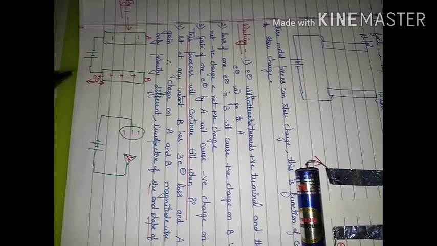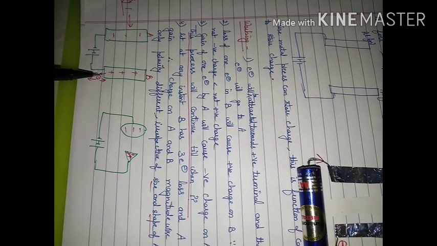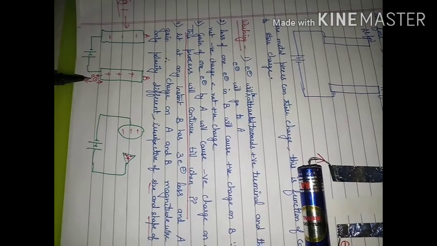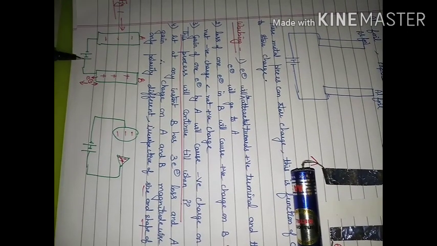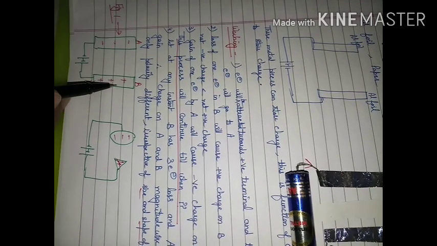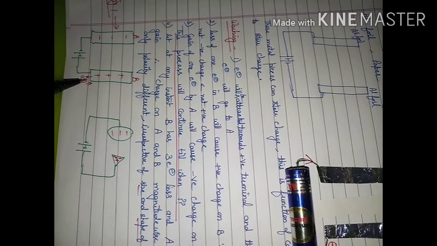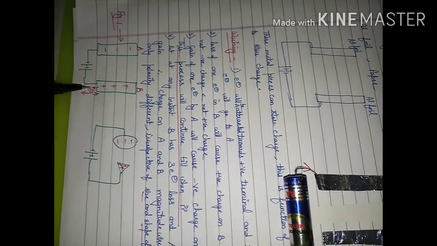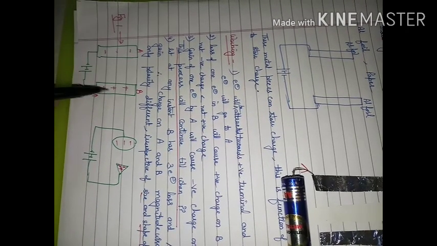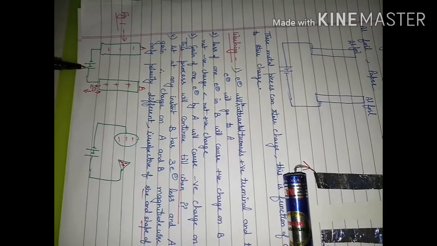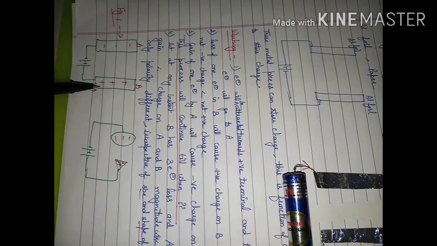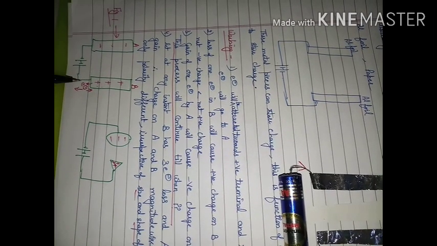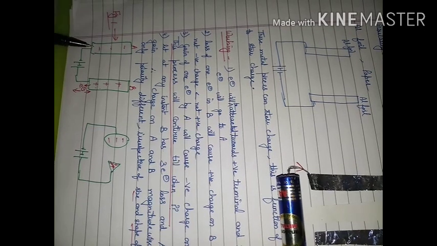Now, if one more electron tries to move from the B side to the A side, it may be attracted by the positive terminal. B is also positively charged, so it will also attract the electron with the same force towards it. So before leaving B, the electron experiences the same force from B and the same force from the positive terminal of the battery. So it is not in a condition to leave the surface, it will remain there. It means after that no further movement of electrons will take place from B to A.